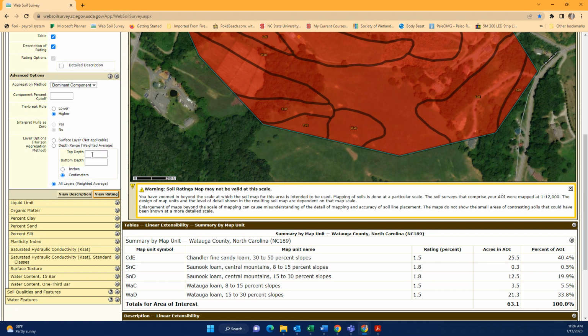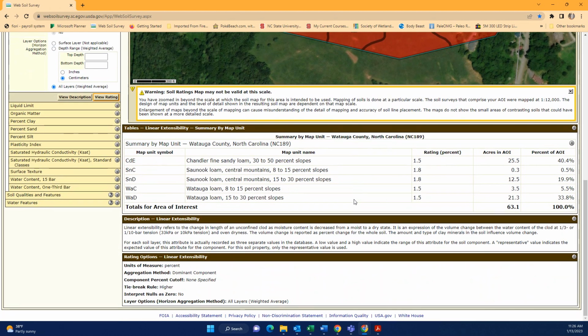And you can put anything. You can put 0 to 20 inches, 0 to 50 inches, just to get an idea. I know this soil is in Watauga County, and there's not a lot of soils in Watauga County that have linear extensibility issues, but it's always good to check. The rating for this is very low. Again, if the rating was getting very high,